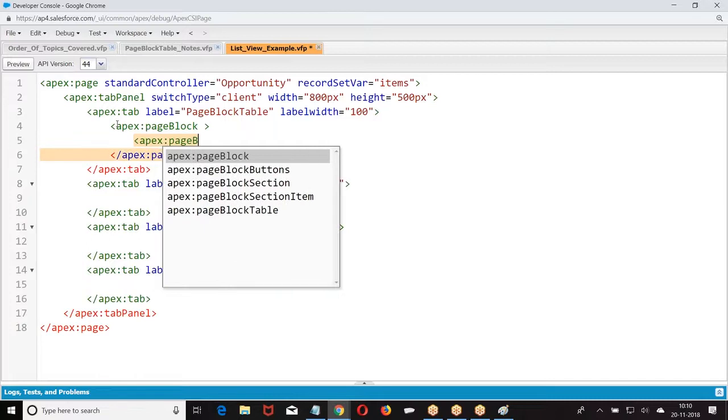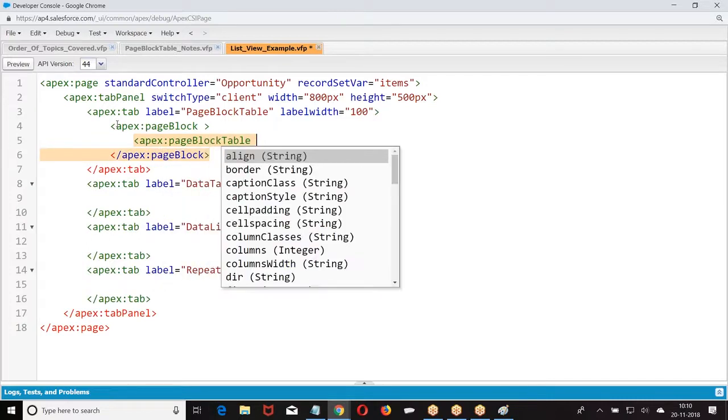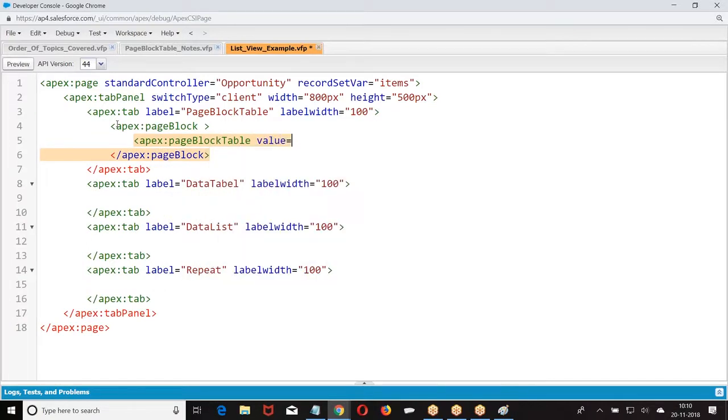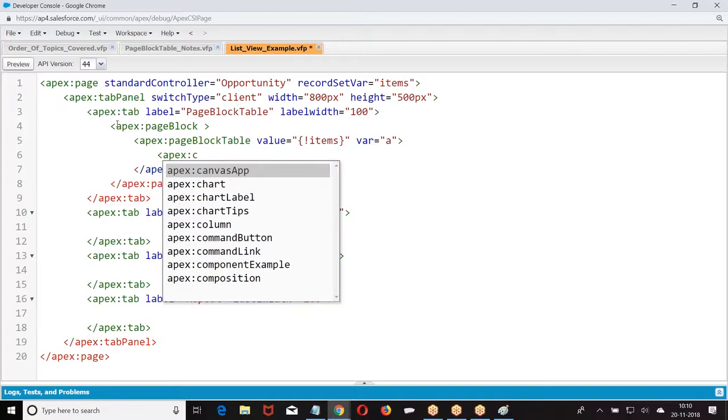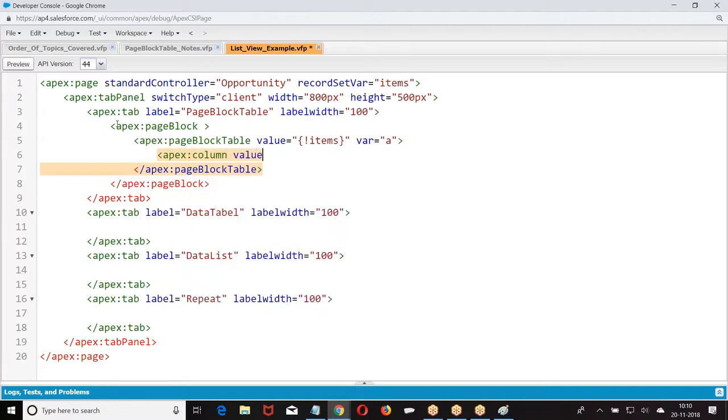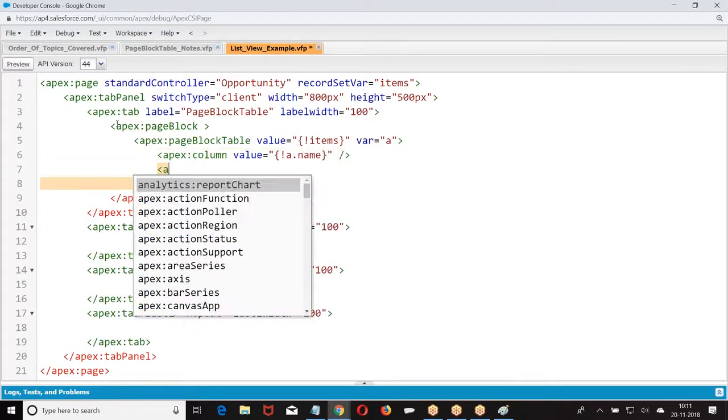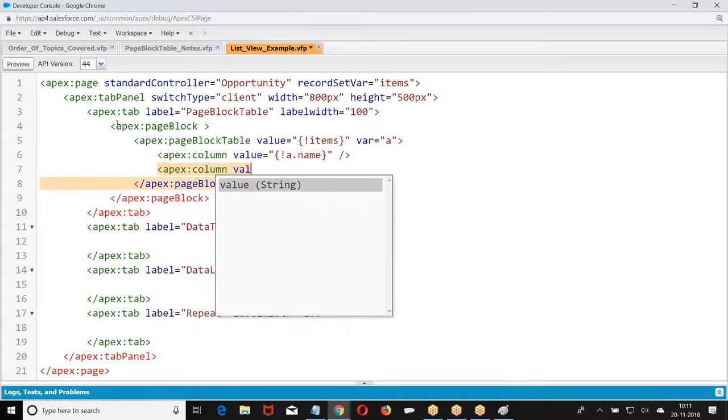Apex page block table. Page block table is always a child component of page block. Value equal to items. Var equal to. Now, because it's a table, we'll have column. Value equal to a dot name, opportunity name. What are the other fields we have in opportunity?